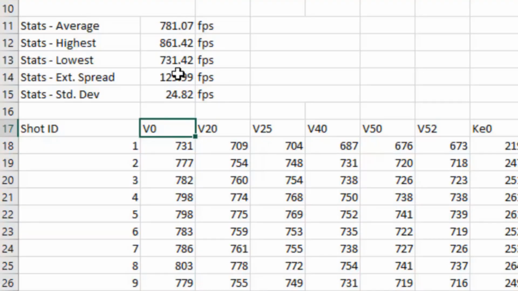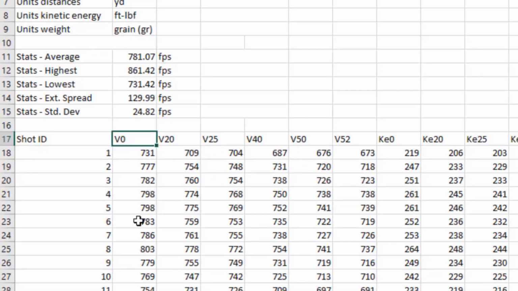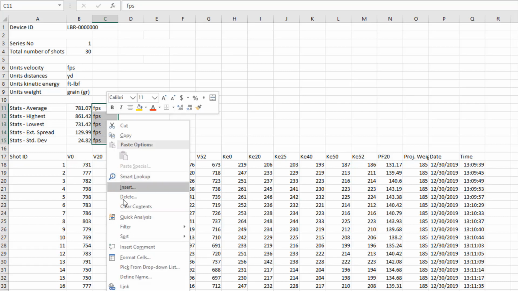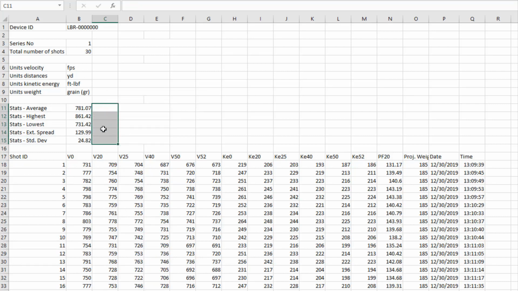Again, these numbers are only for V0 for all 30 shots. I'm just going to go ahead and clear these out. I already know it's in feet per second. It tells me up here. And I'm going to be using this column because I want to get these statistics in these other columns.